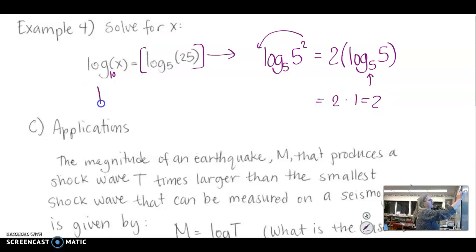So I can rewrite this. This is the log of x on this side equals 2. So then working from there, like we were just doing in an example